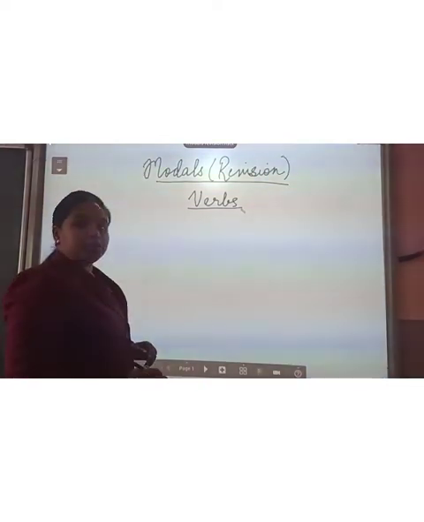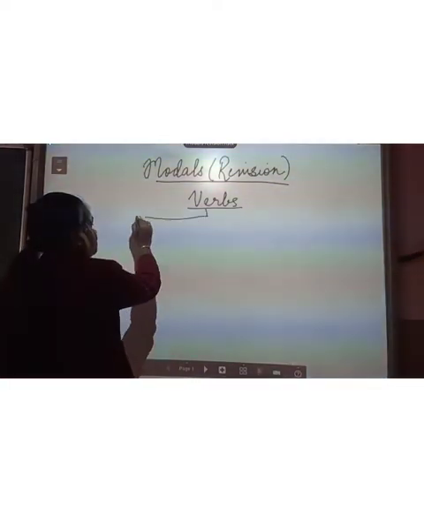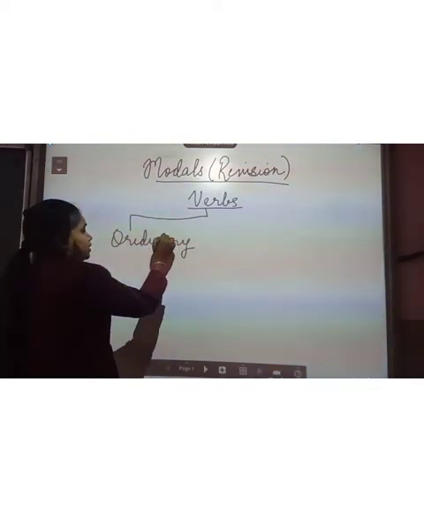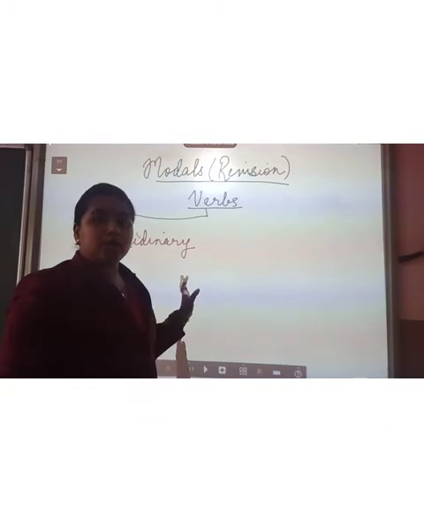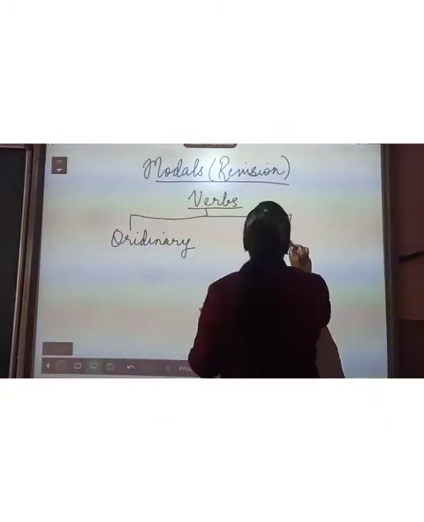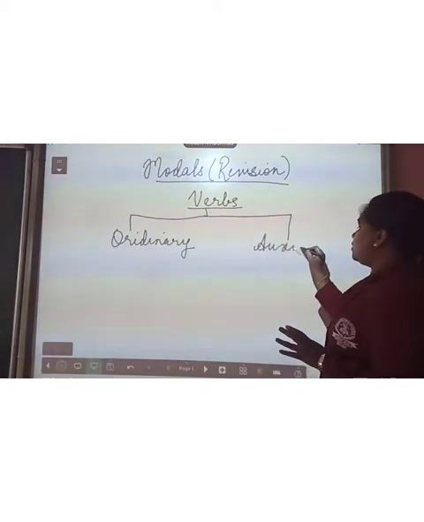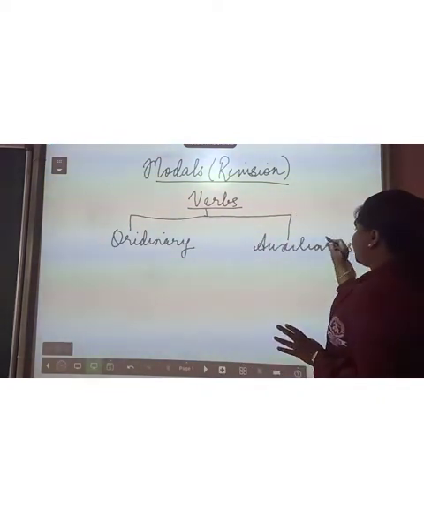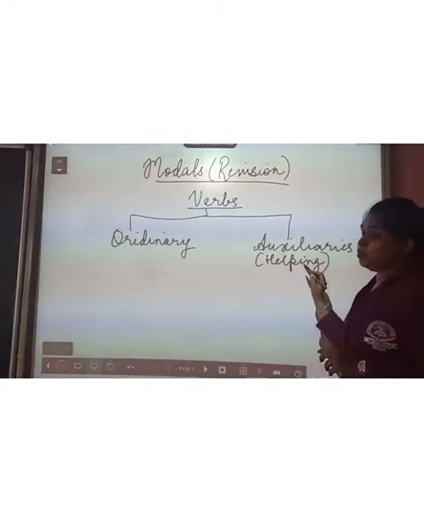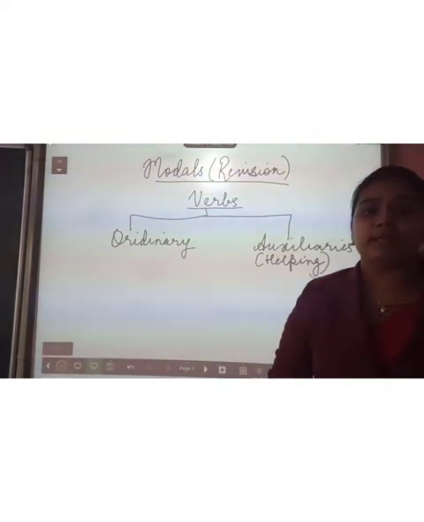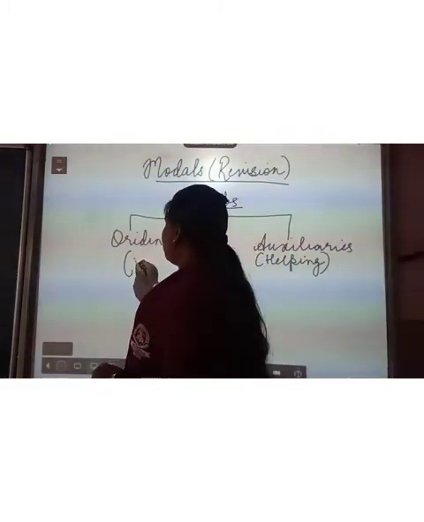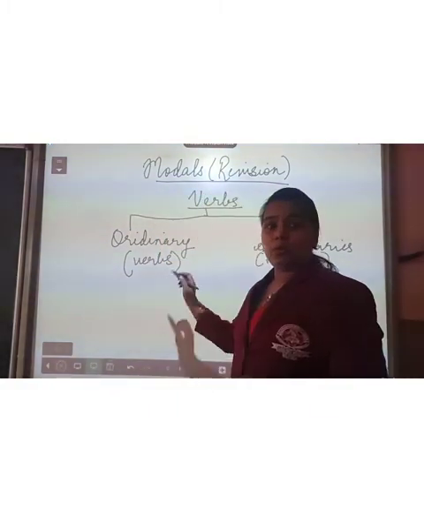Verbs are action words. Here, verbs fall into two categories, that is, ordinary verbs. When we are talking about verbs in general, we talk about these ordinary verbs, also known as action words. And the second form of verbs, as I have told you, is auxiliary verbs. Auxiliary here means helping. So these are the verbs which help us to express the time of the ordinary verbs. They are mostly used with the main verbs.